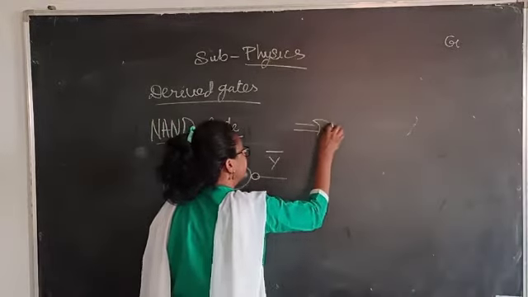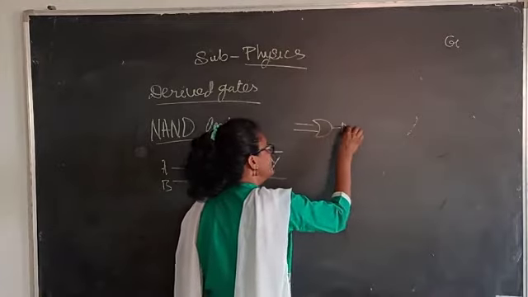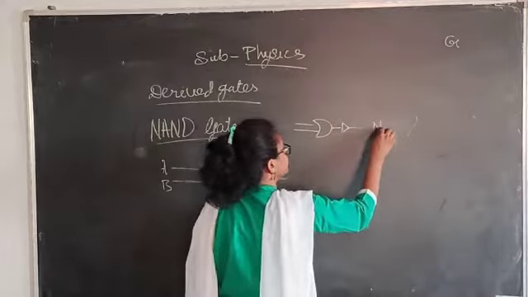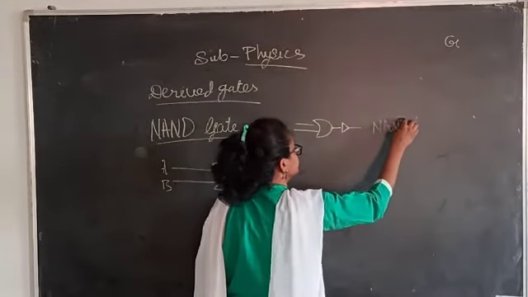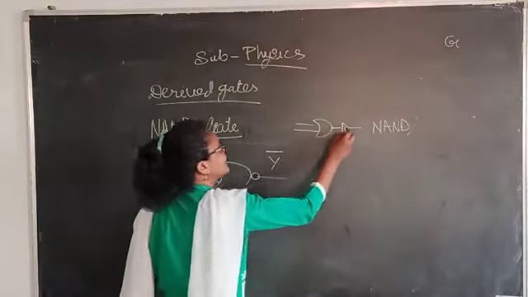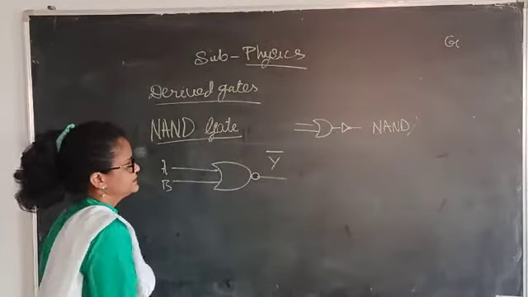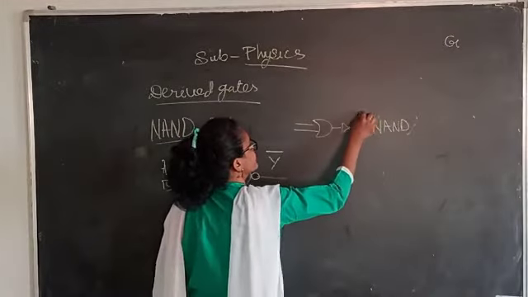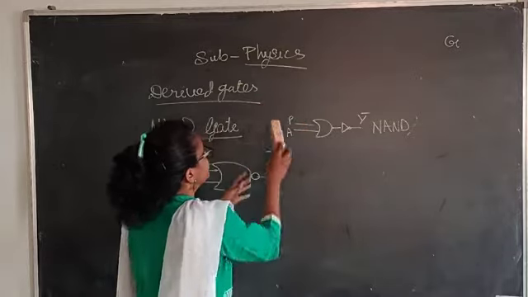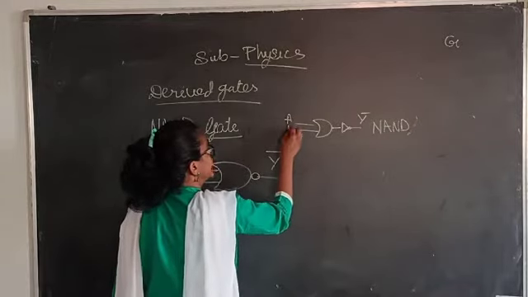or from this we can even say that this is the AND gate and again AND followed by NOT. So this is NAND. Okay, this is the NAND gate. Even some people put the bubble in front of this NOT. That is also okay. So this becomes NAND. So what is NAND? We can say this is AND and its negation is NAND.